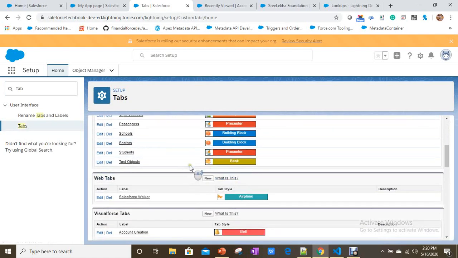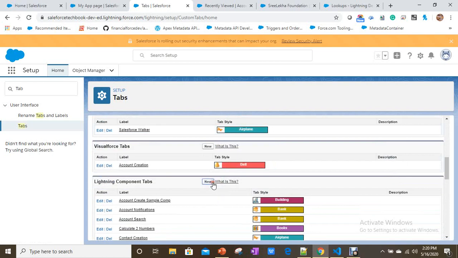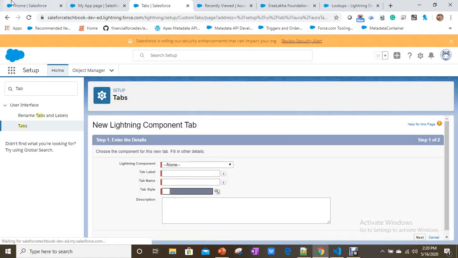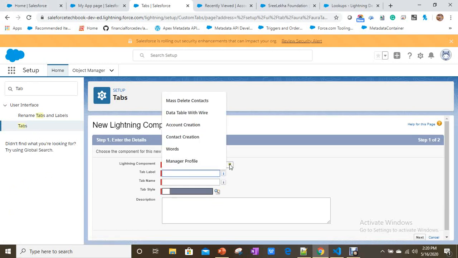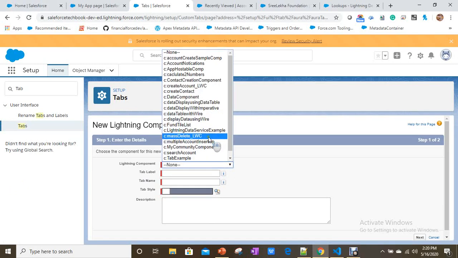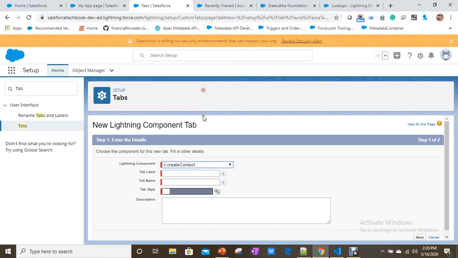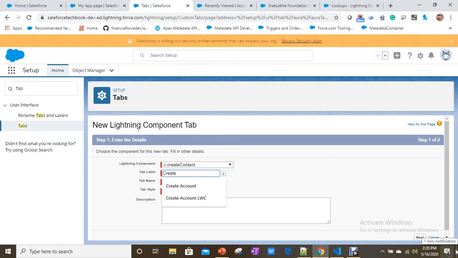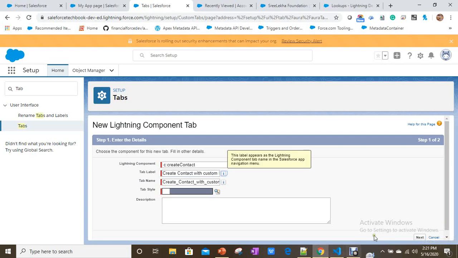Now I'm going to create a Lightning component tab. What is our component name? Create contact, right? Yeah, create contact example. Create contact with custom lookup. Done.